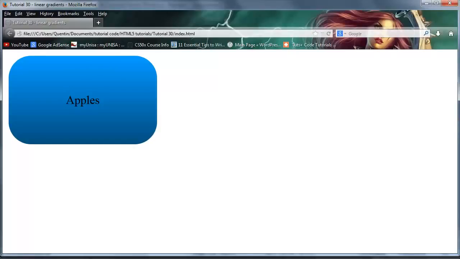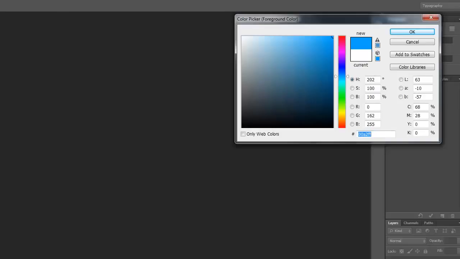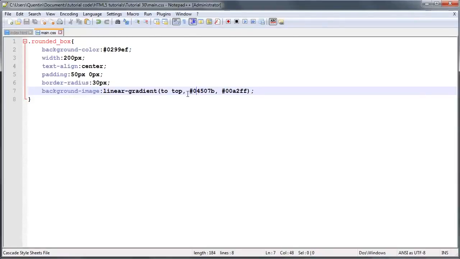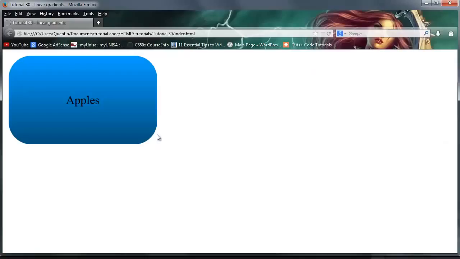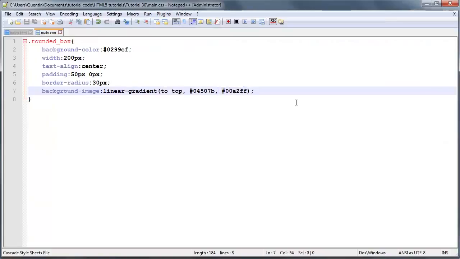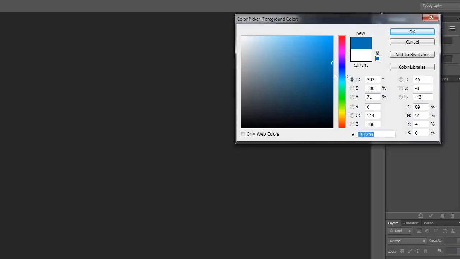And something I want to show you guys about this is we can use multiple colors. So right now we've only gone from a really dark blue to a really light blue, but I could add in a few other shades of blue in the middle and get that gradient really looking a lot better. So I'll go ahead and grab a sort of medium colored blue and then go back over here, and before my light blue I just want to paste in that medium colored blue,